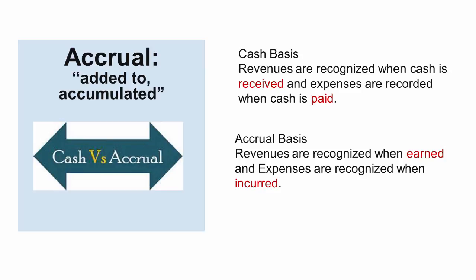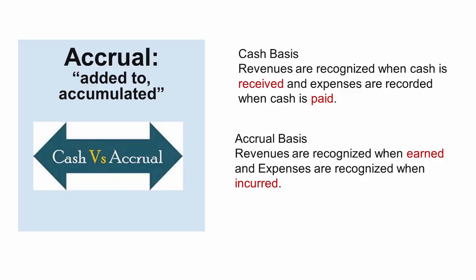The main difference between accrual and cash-basis accounting is the timing, when revenue and expenses are recognized. Cash-basis includes the cash transactions only. It accounts for revenue only when the money is received and for expenses only when the money is paid out. Accrual basis recognizes revenues when earned and expenses when incurred, even if cash has not been received or no cash